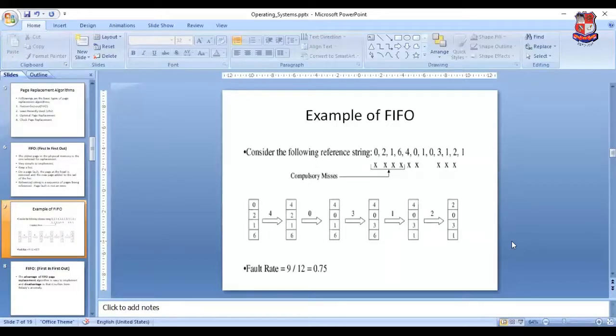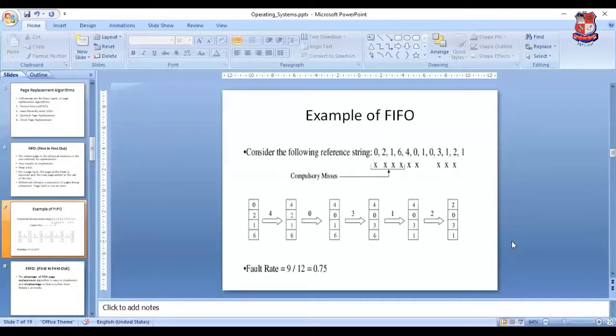Now the next request is 1. Here we analyze the page frame. 1 is already available, so there is no need to replace a page. After that, the request is 0. We analyze the page frame: 0 is not available and the frame is not free, so we need to replace a page. Which page do we need to replace? We replace the page holding 2. In the place of 2 we put the 0.